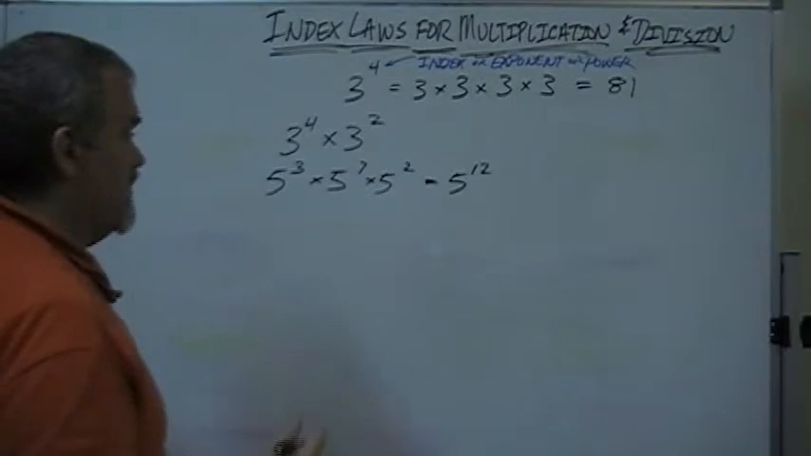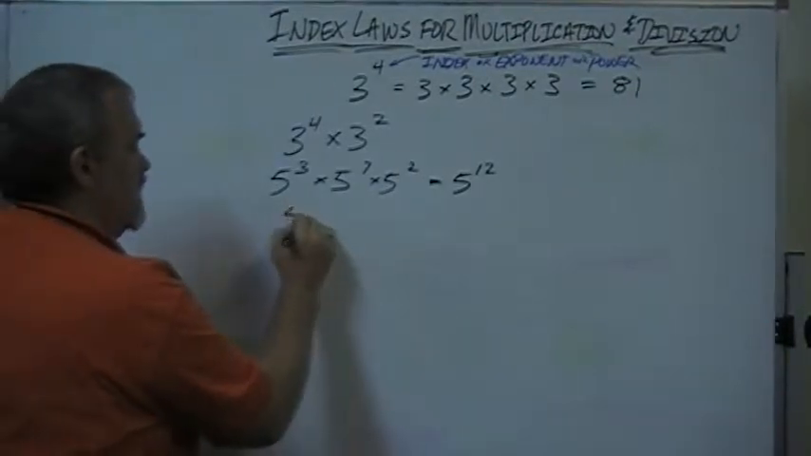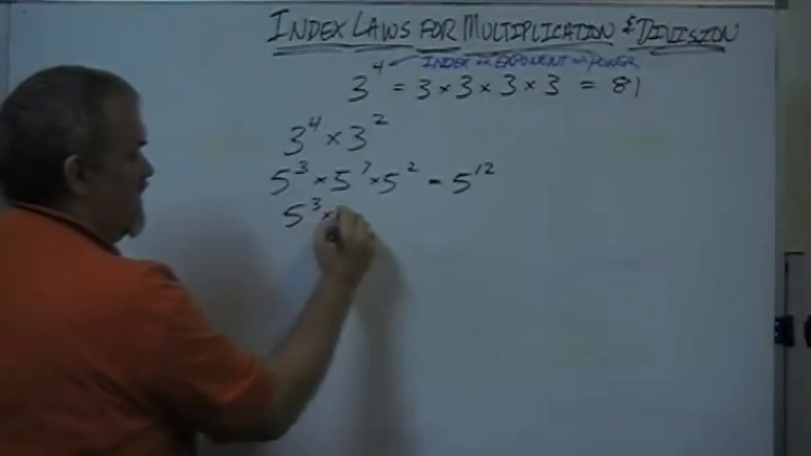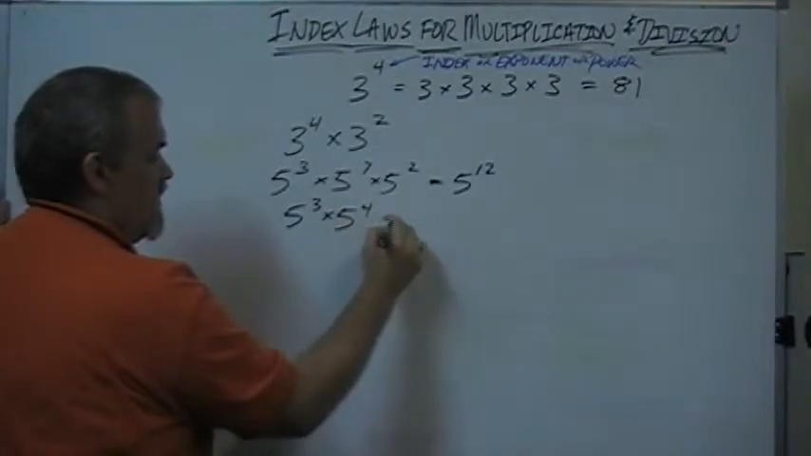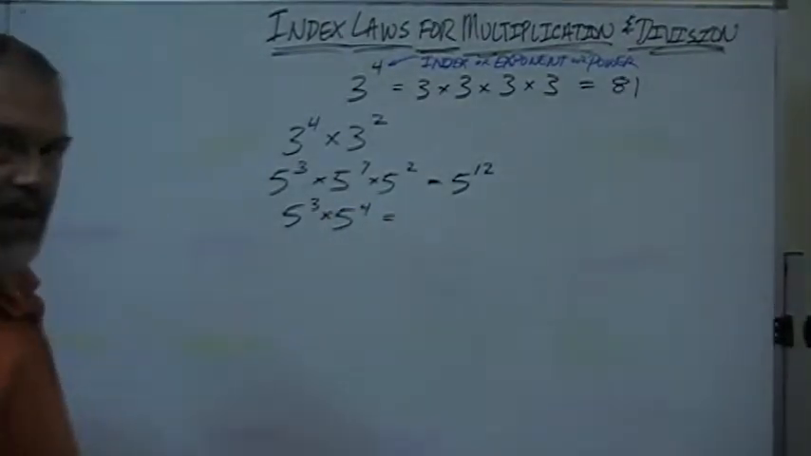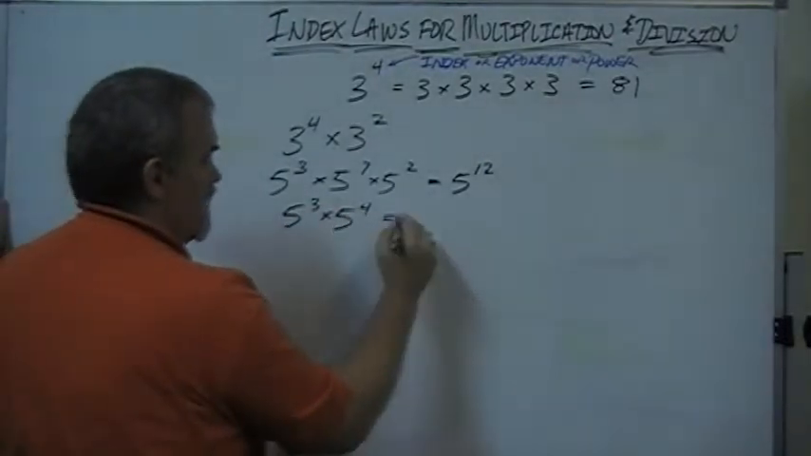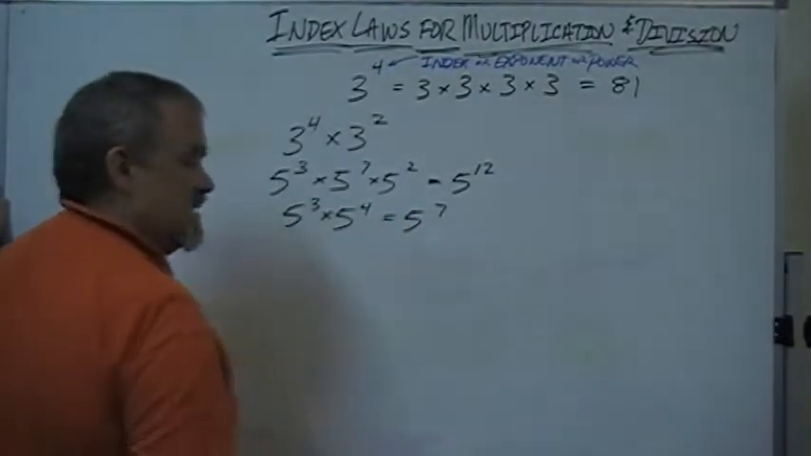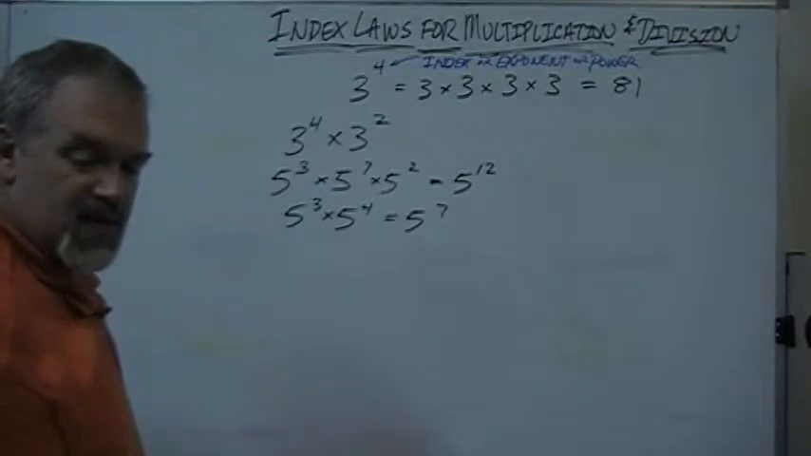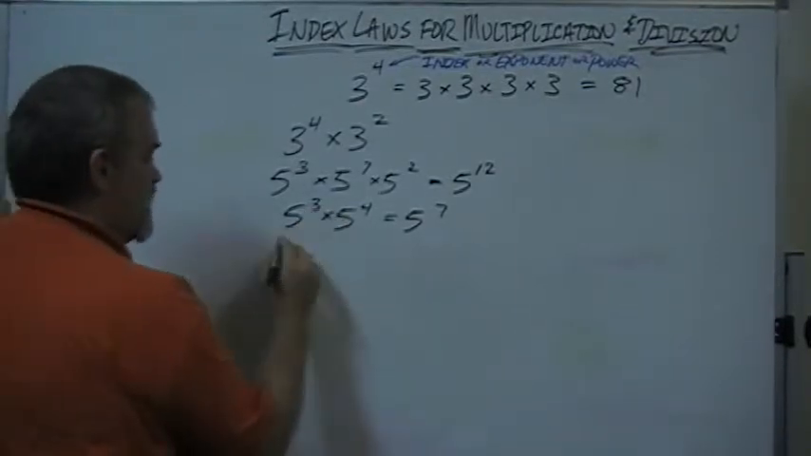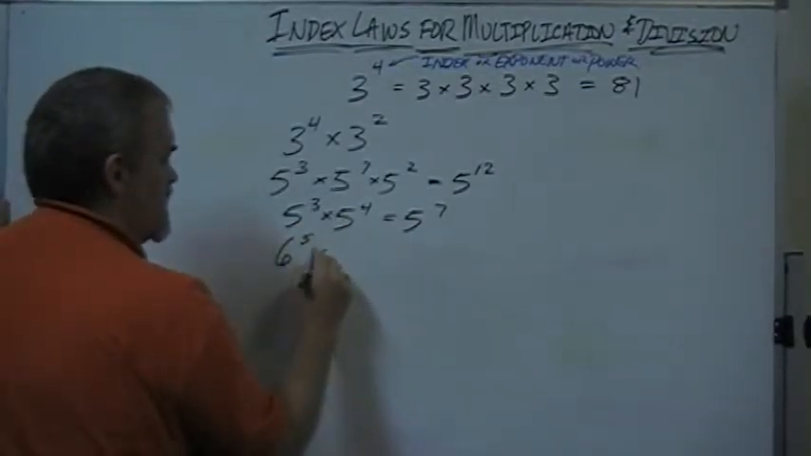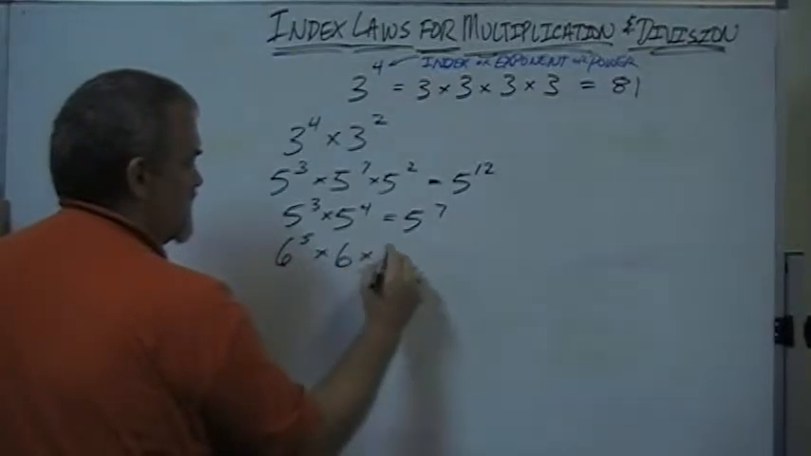Let's try another example. Make it a little easier. 5 cubed, or 5 to the 3rd, times 5 to the 4th equals, what am I going to do with my exponents? I'm going to add them together. 5 to the 3rd, 5 to the 4th gives me 5 to the 7th. One more example of this. We'll use 6 for a change. 6 to the 5th times 6 times 6 squared